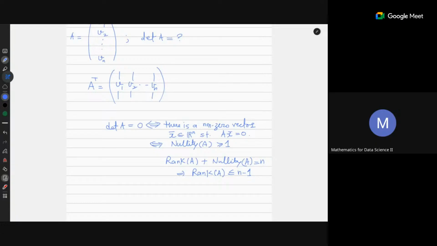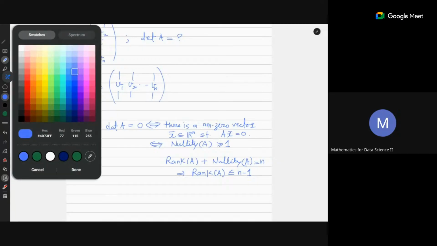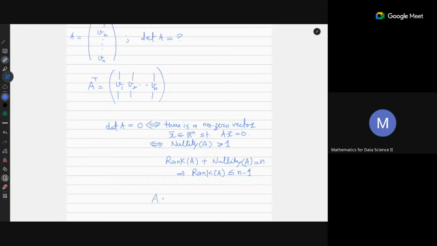If nullity is more than 0, that means the system of homogeneous equations has more than one solution, has infinite solutions. Sir, if nullity is more than 0, then the system of homogeneous equations. What is that system? The system is AX equal to 0. All right. If nullity of A is 0,